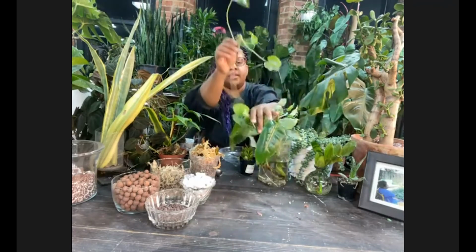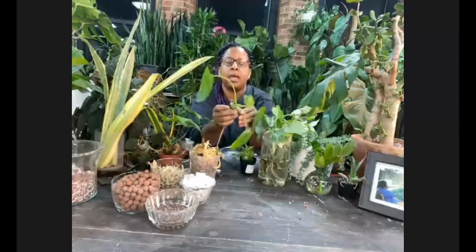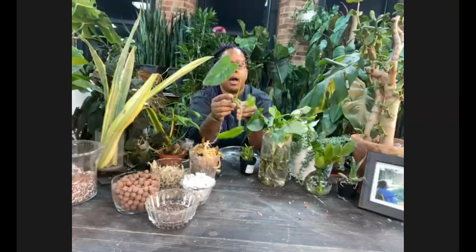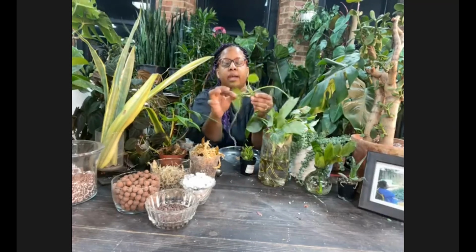The trick with what we specialize here in, which is tropical houseplants, is, one, you want to know that growth point. On most plants, it's called a node. The node is where the blueprint of the plant is. So on a tropical houseplant, most of the nodes are going to be on the main stem, and it is where